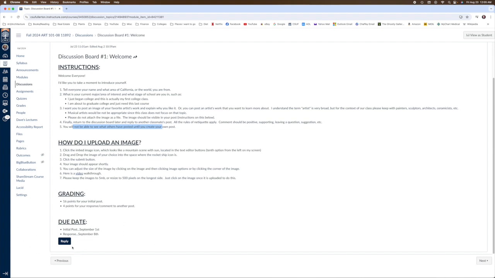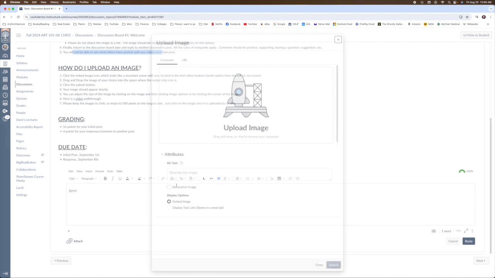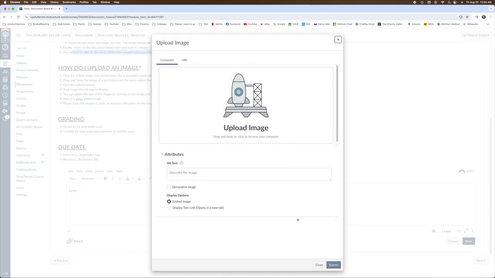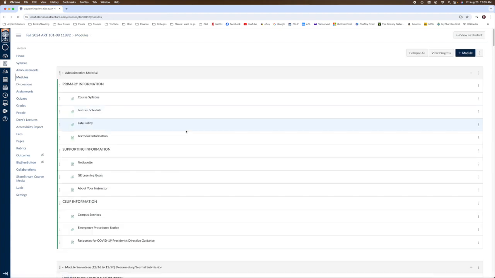Uploading an image is very easy. You just click the reply button and type into the text box down below. When you want to upload an image, it is this icon here. You'll click that, click upload an image, and just drag and drop. Once you press submit, it'll highlight here in the text box, and then you can make the image smaller or larger, whatever you would like, and click reply, and that makes your post. So it's very, very easy. We'll head back to the module here,